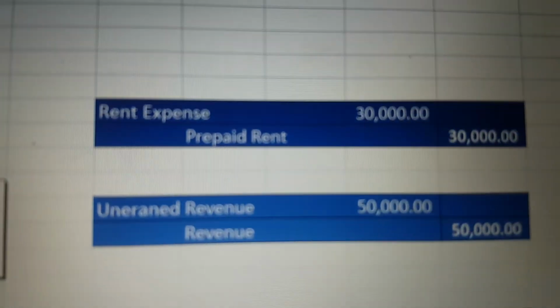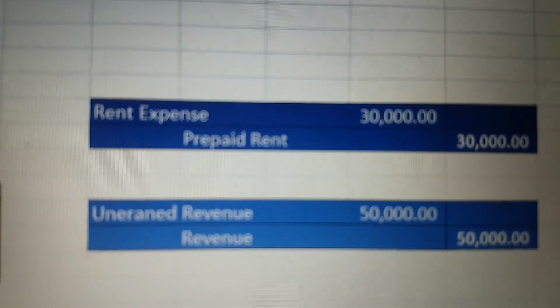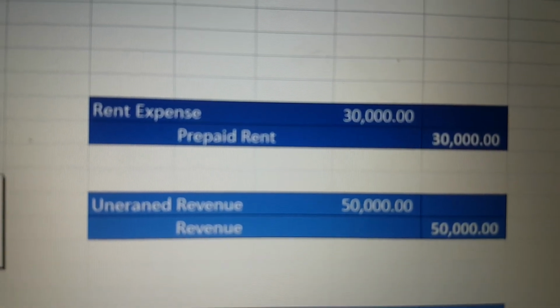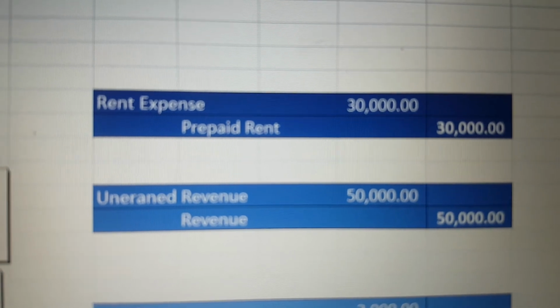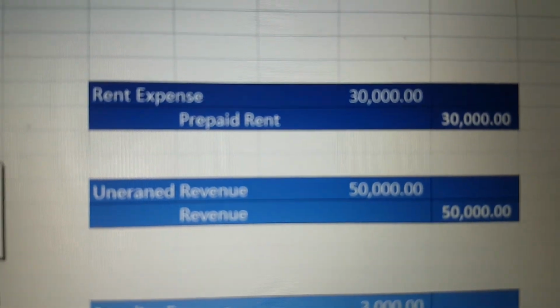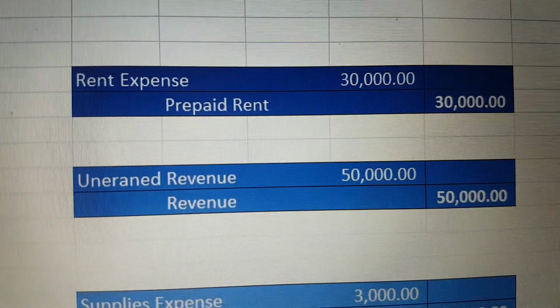So we would now do our adjusting entry, which is debit rent expense 30,000, and then credit prepaid rent 30,000. Okay? Okay. Next